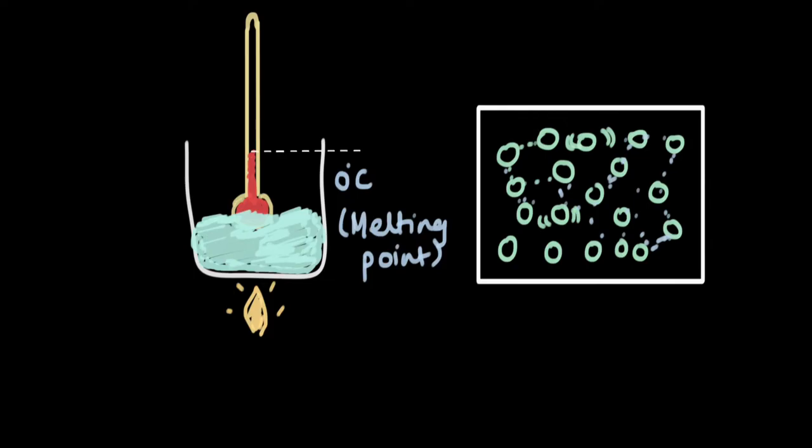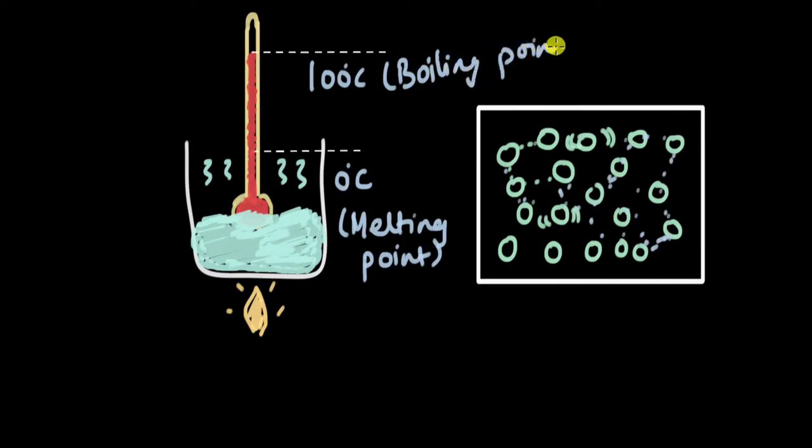Now when you keep on heating it, the temperature rises further, and there comes a point when the water starts boiling. And boiling is a bulk phenomenon, which means it happens throughout the body of the liquid. Water boils at 100 degrees Celsius. This is the boiling point. And boiling point is the minimum temperature at which a liquid changes into vapor, into gas. Again, when you keep on supplying heat to a liquid, the particles that are already moving around freely start moving with a higher kinetic energy. They break the forces of attraction present between the particles in a liquid, and they move around with